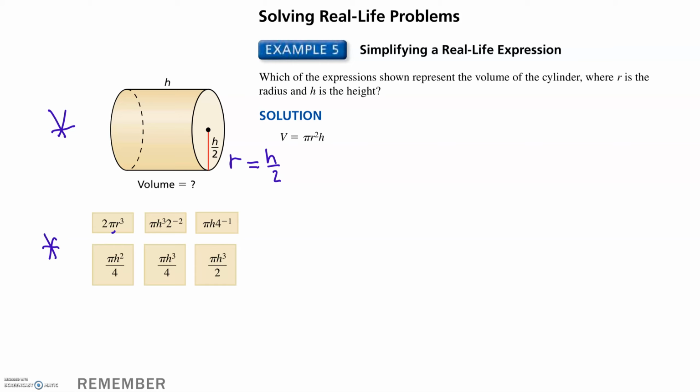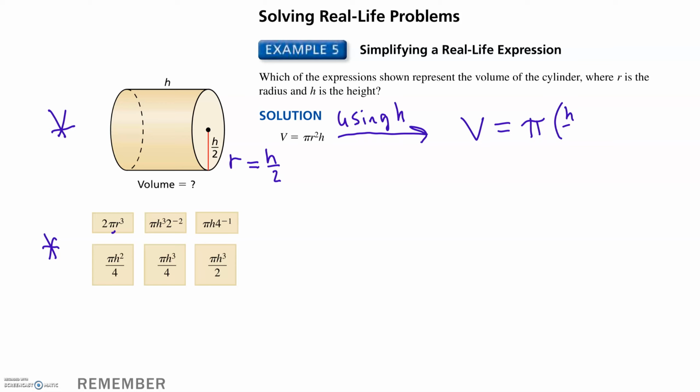The first one, the only variable is r. The rest of them, the only variable is h. So notice our volume formula has 2 variables, r and h. We need to shrink it down to where we only have 1 variable. So I'm going to write it first in terms of just h, and then we'll write it in terms of just r. So if I'm going to write it in terms of h, I need to replace or substitute for